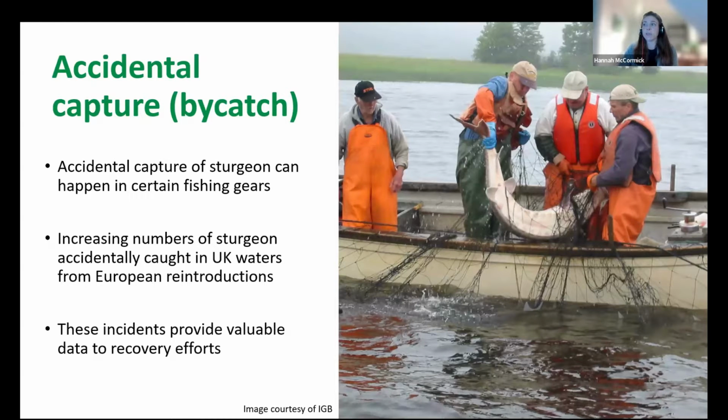And this means that the response of the fishers who have accidentally caught them is really important and could improve their chances of surviving. And for this reason, sharing information about sturgeon and their endangered status across Western Europe is absolutely critical. These efforts to share information and to work closely with fishers have been ongoing in many countries across their range, including Germany, France, and